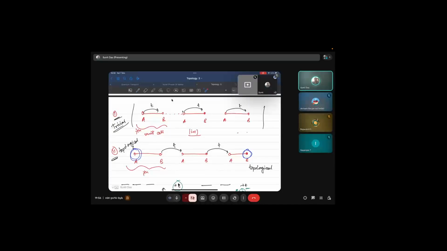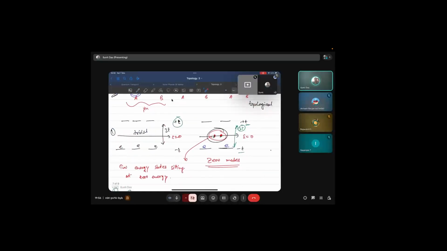So trivial and topological, and in terms of energy, the only difference is for the finite and the boundary. So there are two or three points that we want to summarize. In the periodic case, the energy eigenstates for the topological and the trivial were exactly the same, right? That was the topic of yesterday, I mean, the last class. So the energy eigenstates were exactly like this for both cases in the periodic boundary condition or the infinite